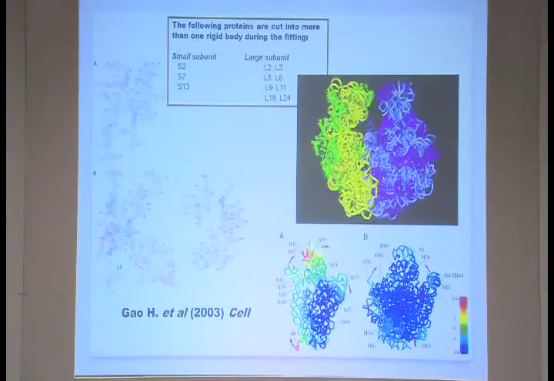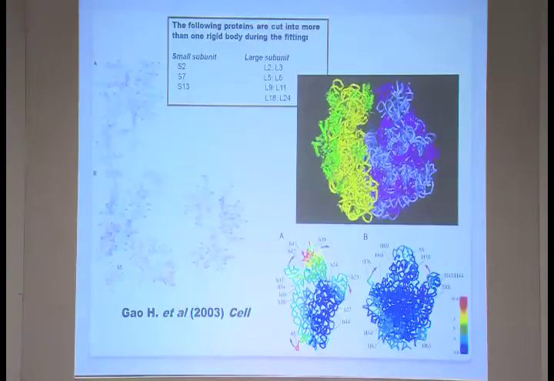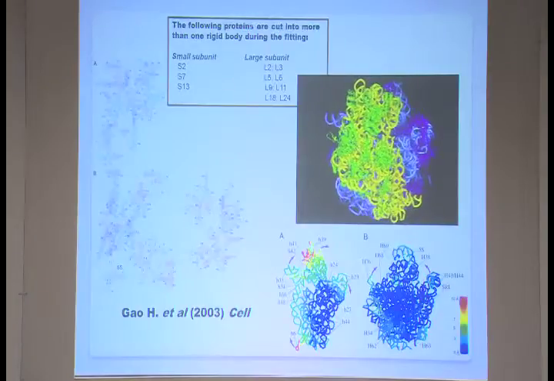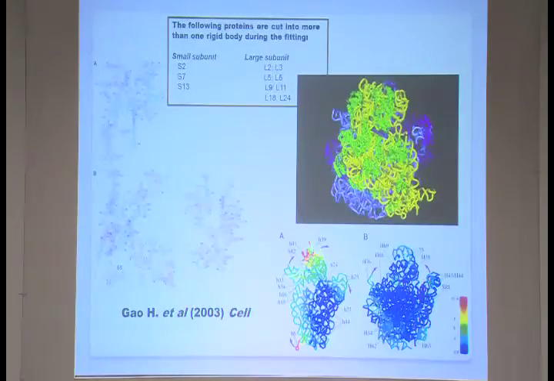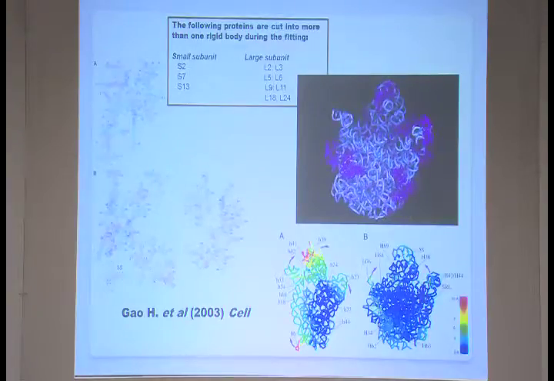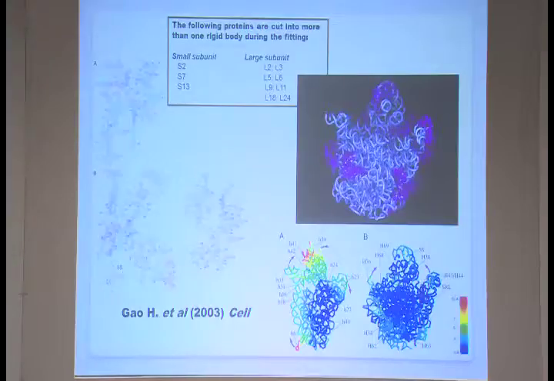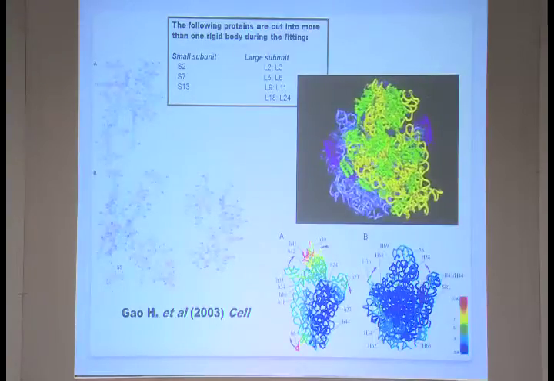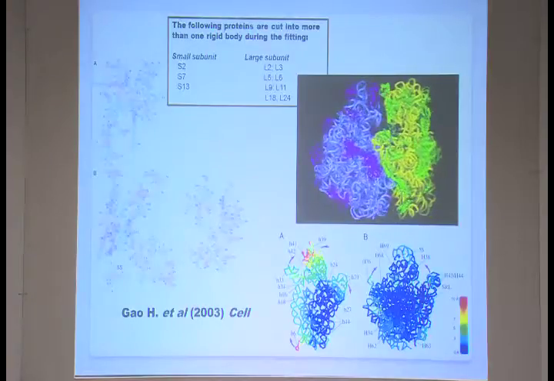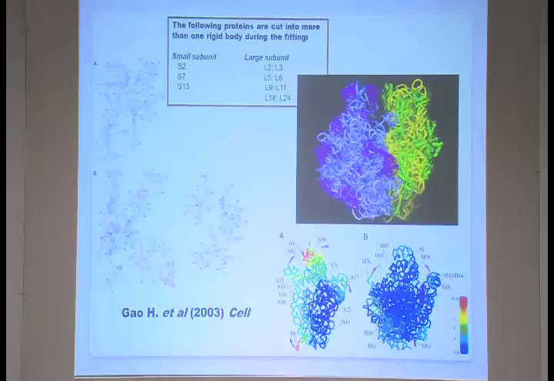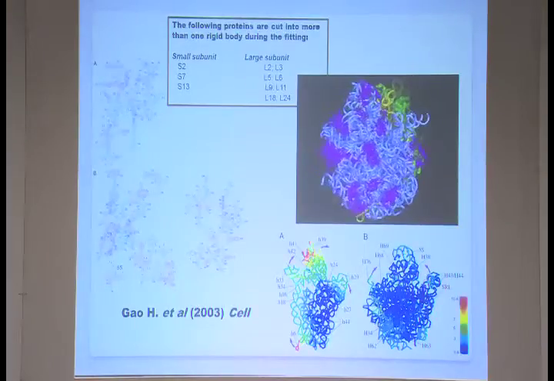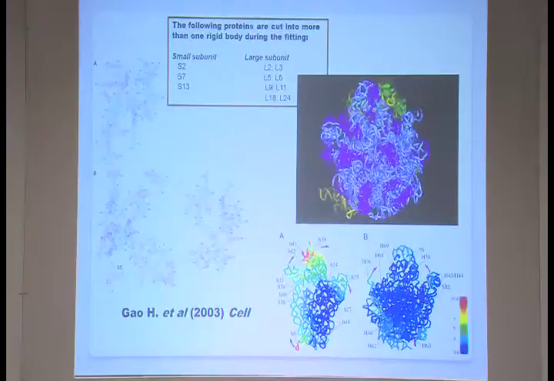Yeah, so you can see these motions of the two, which are called the stalks, end stalks. It's really not the perfect structure, but it shows these two stalks, which are called the L1 and the L7, L12 stalk. It really moves during the different course of translation, different steps. So this much it could be predicted from that